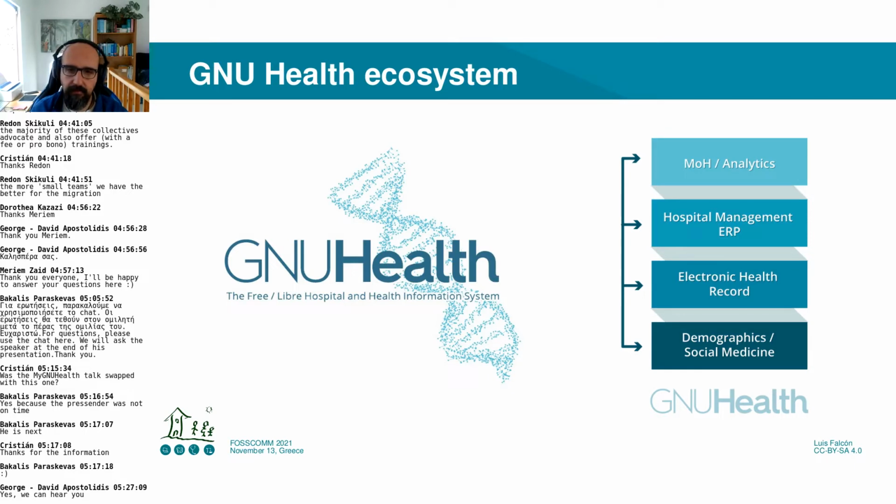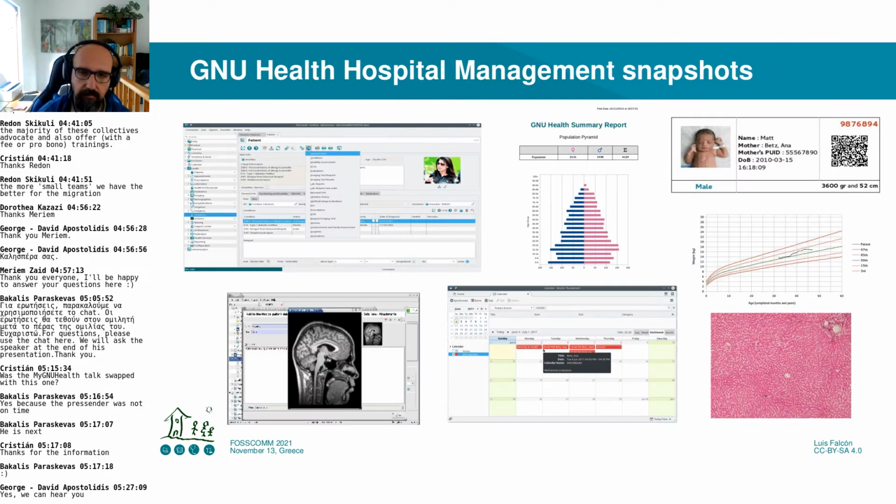If we look at the ecosystem, in this case, you will see different components. In this specific example, we are showing the hospital information system, where we have 4 main areas, right? The very first one is the demographics. I usually say that we need to work more on people before patients, and keeping our society healthy. Then we move on to electronic health records, hospital management, epidemiology, analytics, and so on.